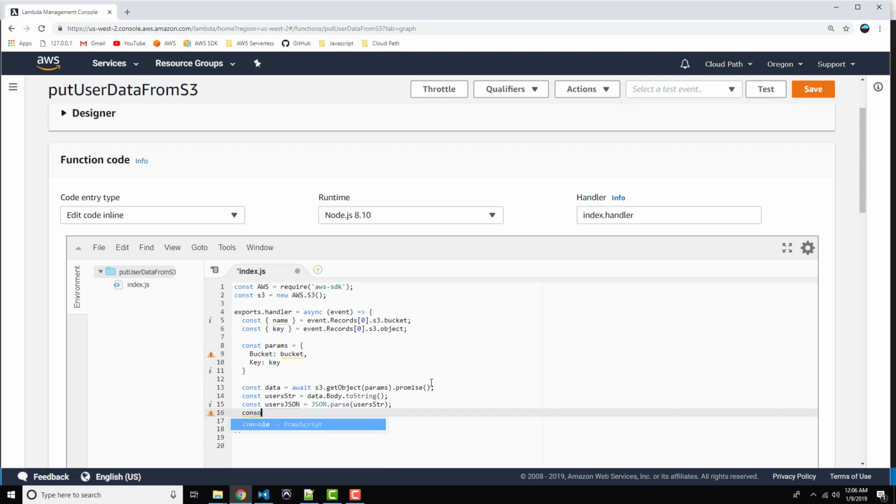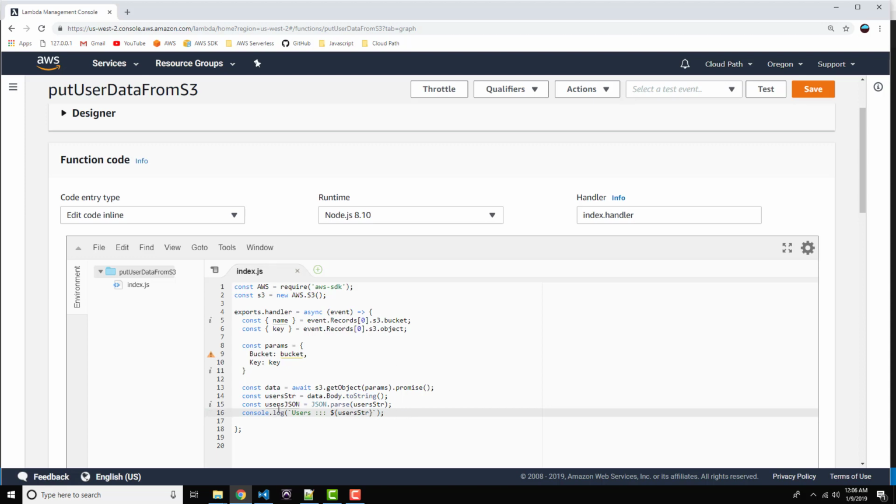Now let's go ahead and console log what we have at this point just to make sure everything's working up until now. So let's just output a little string here. Let's say users, and let's output the string actually. That'll be a lot easier or more useful to see in the logs rather than the